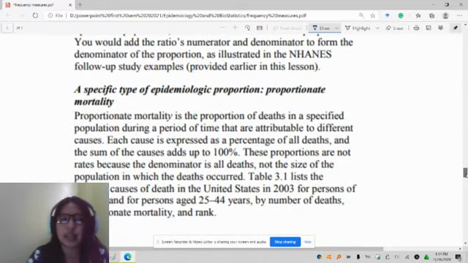So what is a specific type of epidemiologic proportion that is used? So we have the proportionate mortality. So if our concern now is